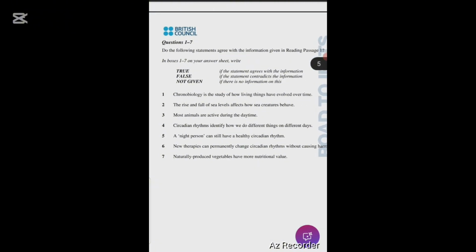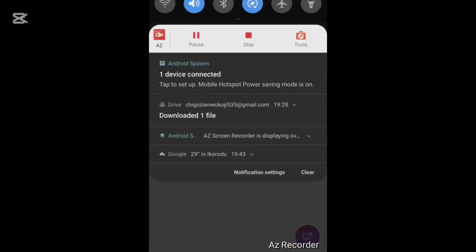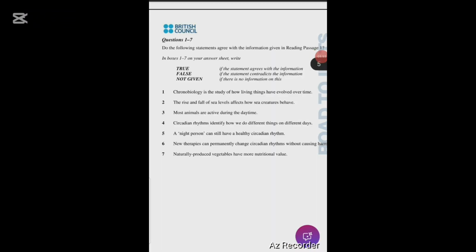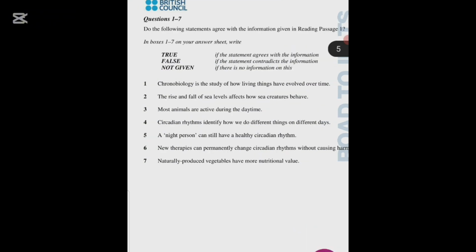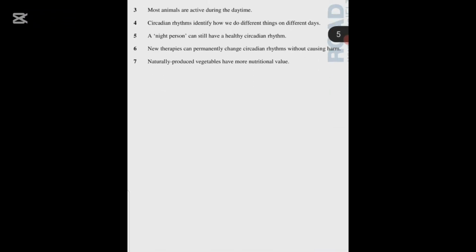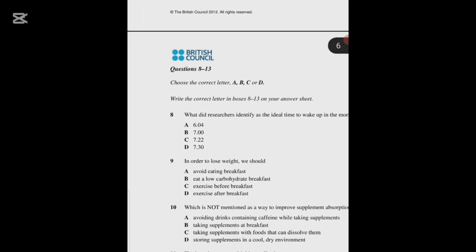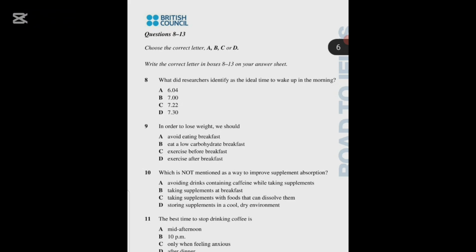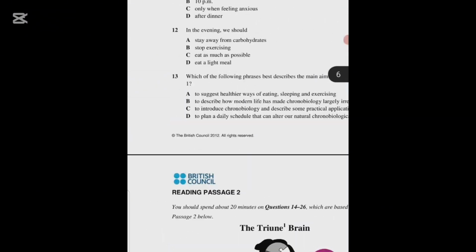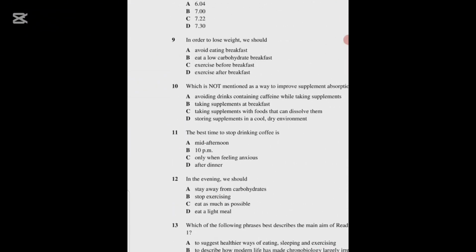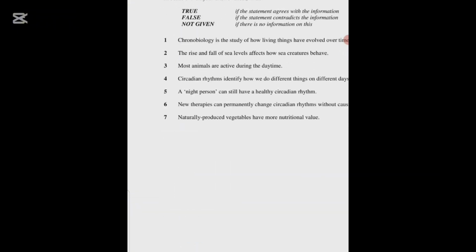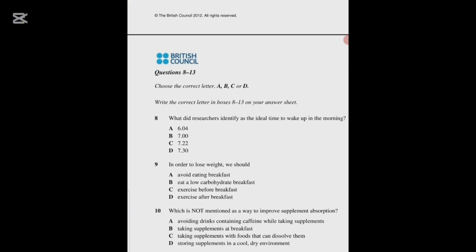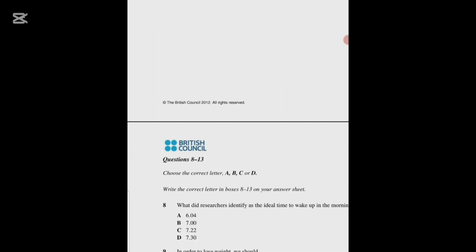So obviously you can see on my screen here that questions 1 to 7 are True/False/Not Given questions, and they're already presuming that my answers for questions 1 to 7 will come from the top of the essay. The next is a multiple choice question, and the same thing applies here. We're looking for keywords in the text, and the multiple choice questions are for questions 8 to 13. I think we only have two question types, 1 to 7 first, then 8 to 13, and the first question type happens to be True/False/Not Given. The next happens to be